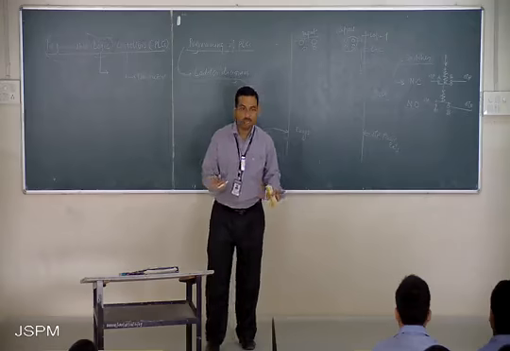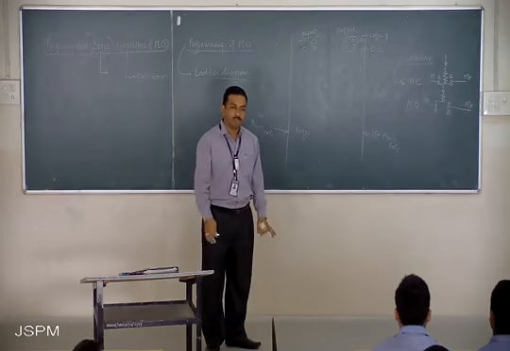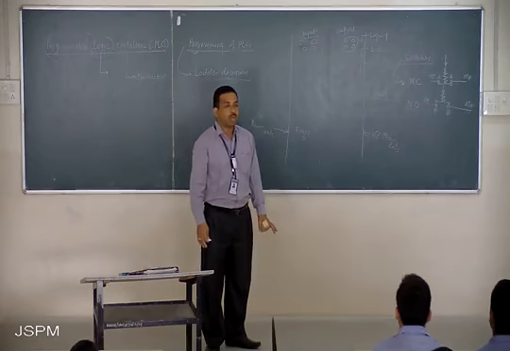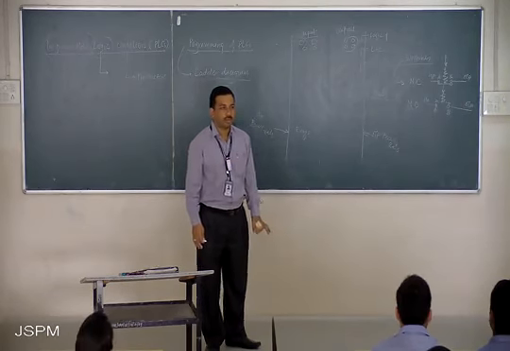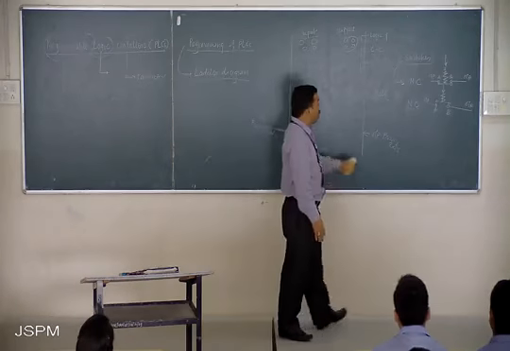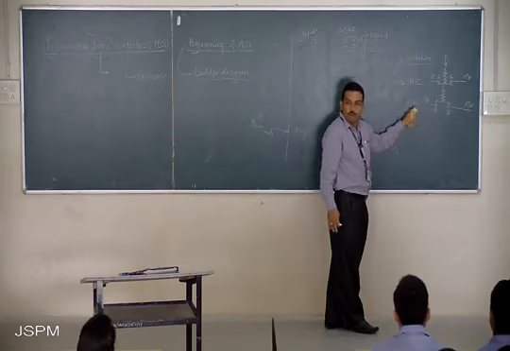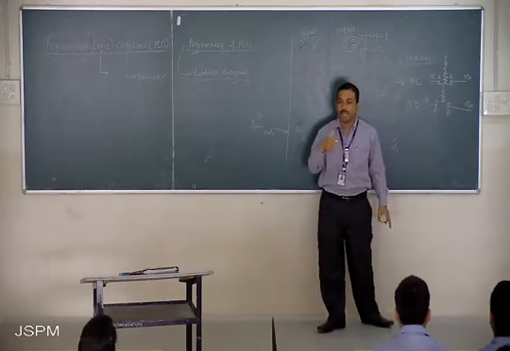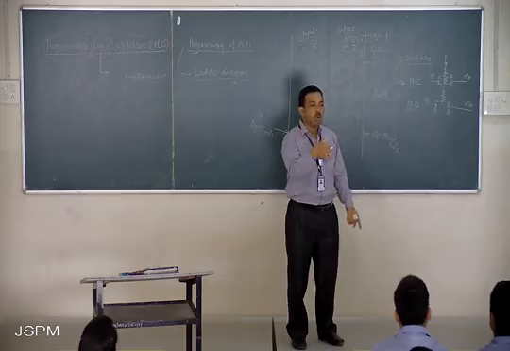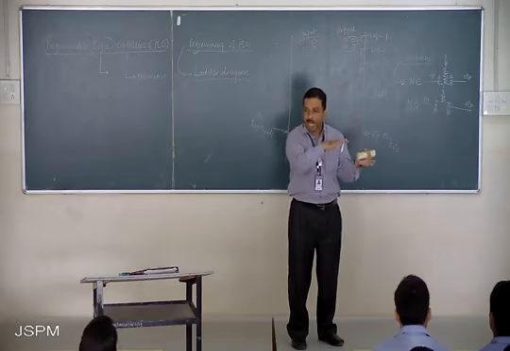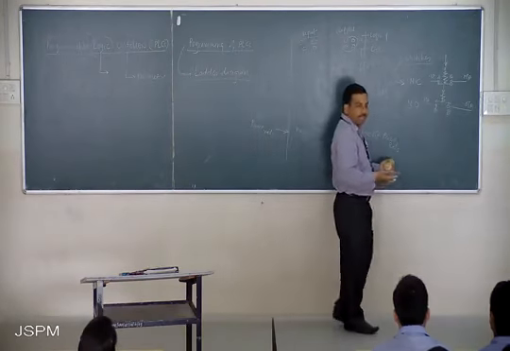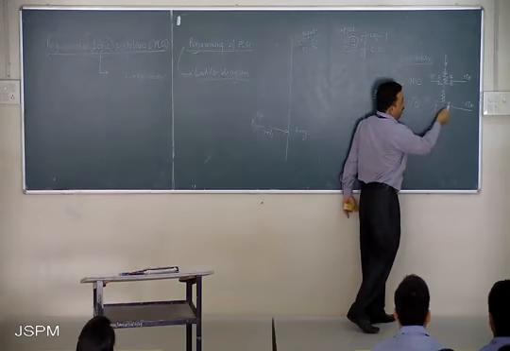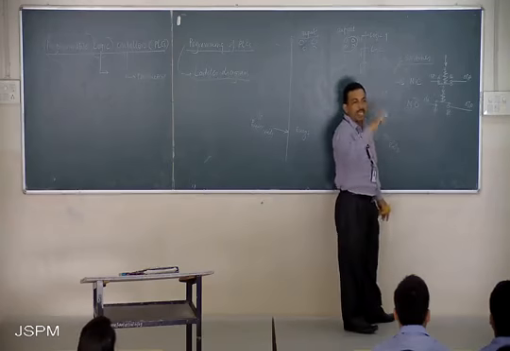Doorbell is there. Is it normally closed or normally open? It is normally open. Are you getting me? The doorbell is normally open. So when we press the button, at that moment it will be closed, and now power goes to that bell and then we have a sound. Correct? So the doorbell is normally open. When it is actuated, the power input and output will be connected and then we have a certain action.